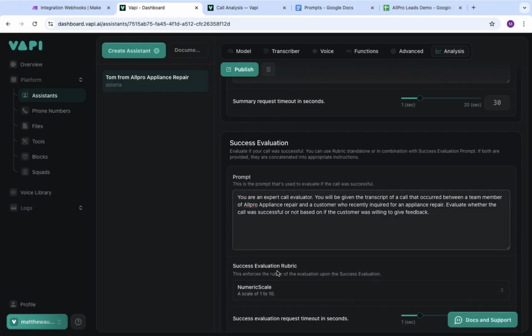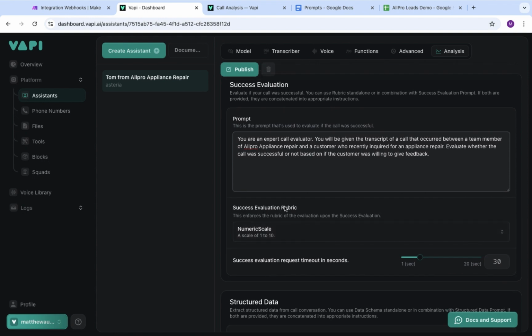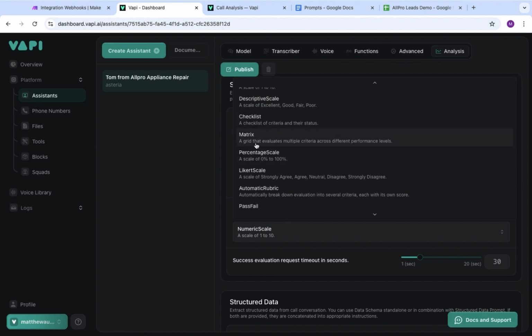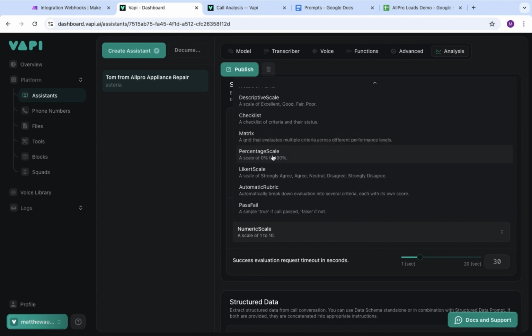And then if we go down to this section here with the success evaluation rubric, we can see that we have different rubrics available for evaluating whether a call was successful or not. So we have a numeric scale on a scale of 1 to 10, where basically the AI can rate the call from 1 to 10, a descriptive scale of excellent, good, fair, or poor, a checklist of criteria and their status, a matrix, where it's a grid that evaluates multiple criteria across different performance levels, a percentage scale of 0 to 100%, a Likert scale of strongly agree, agree, neutral, disagree, or strongly disagree,